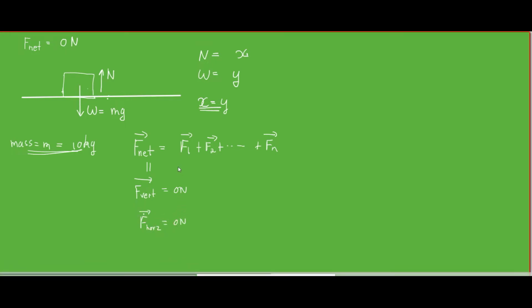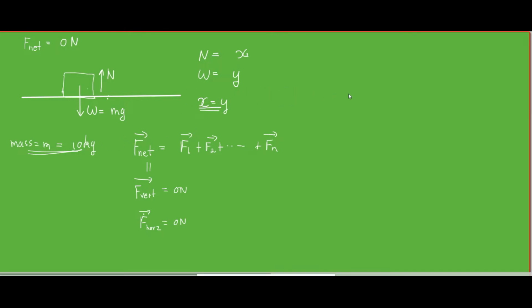It has to be. Okay, if the vertical forces are not 0 newtons, the object will move in the upward direction. It will either rise or it will fall. And if the horizontal force is not 0, then it will start moving to the left or right. And when I say move, I mean accelerate. It can move, but it will accelerate.